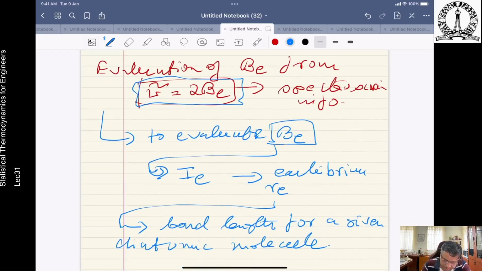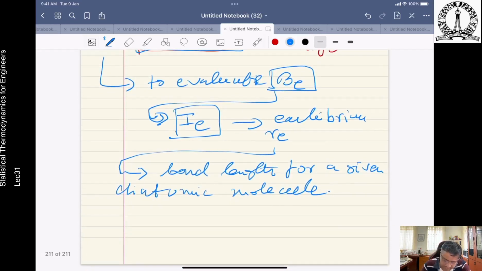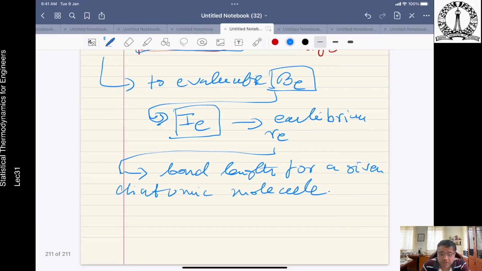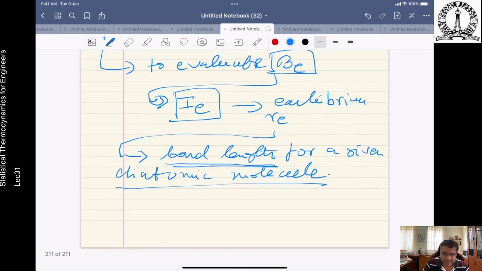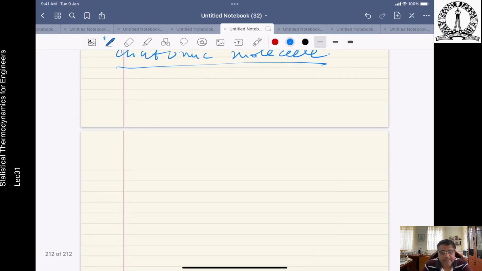idea of what is going to be BE. And since BE incorporates IE, which is the only variable here, and IE incorporates the moment of inertia, which essentially involves the equilibrium internuclear separation length. This gives an idea of the bond length for any given diatomic molecule. But this is an approximate issue because we still use the rigid rotor model, which we know is not exactly correct. So this particular thing verifies that if you look at BE, that average line spacing,